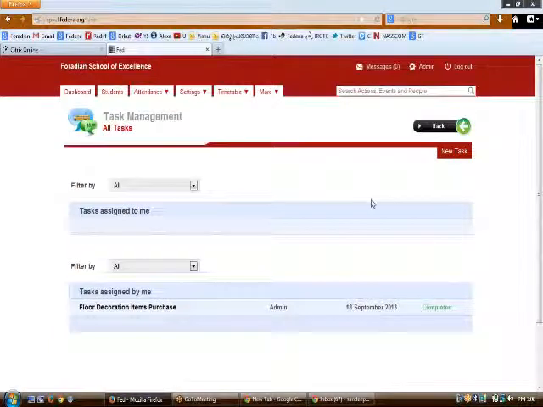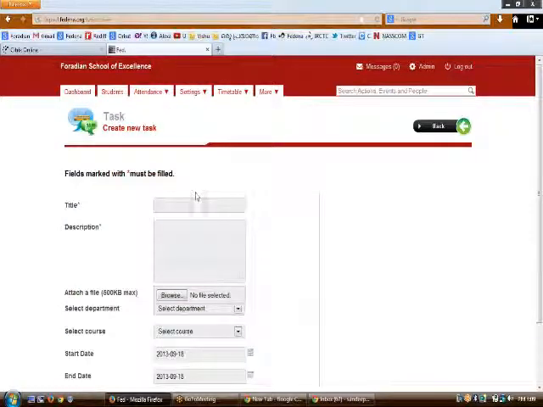So again, whenever you click upon the tasks from the more menu, this is the home page that the user would be seeing. To create a new task, you need to click upon the new task link from here and name a task and create a task from here itself.